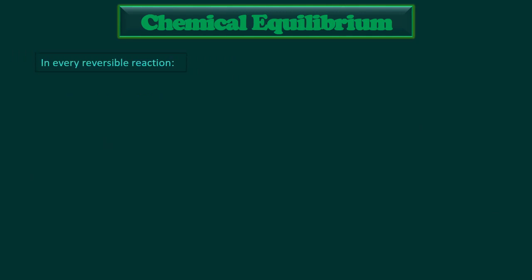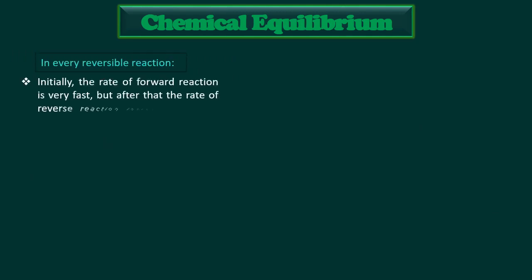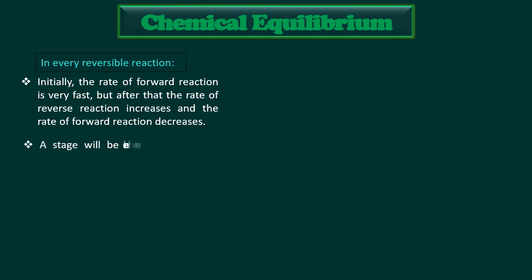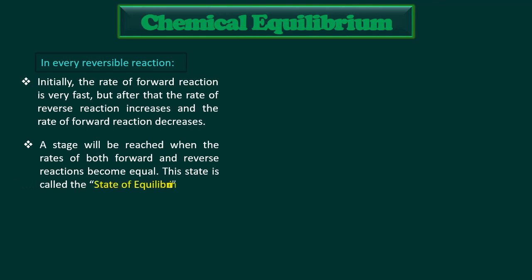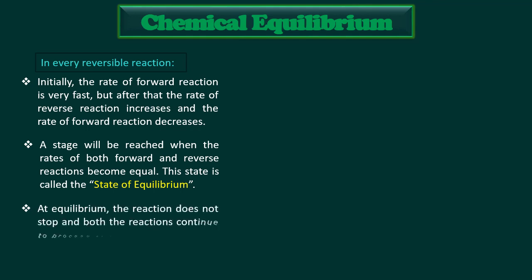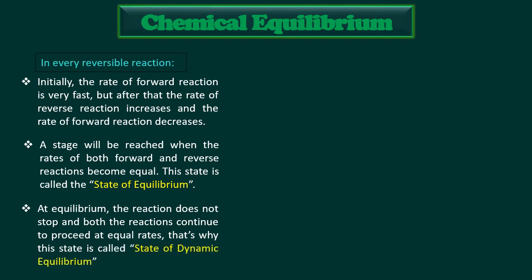In every reversible reaction, initially the rate of forward reaction is very fast, but after that the rate of reverse reaction increases and the rate of forward reaction decreases. A stage will be reached when the rates of both forward and reverse reactions become equal. This state is called the state of equilibrium. At equilibrium, the reaction does not stop, and both the reactions continue to proceed at equal rates. That's why this state is called state of dynamic equilibrium. It is represented graphically in the following figure,